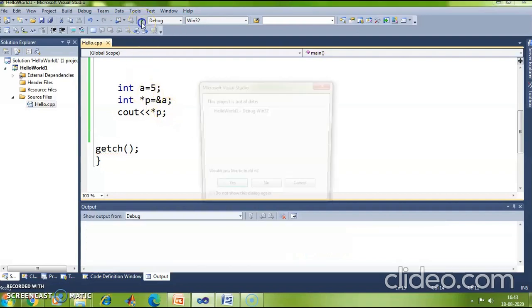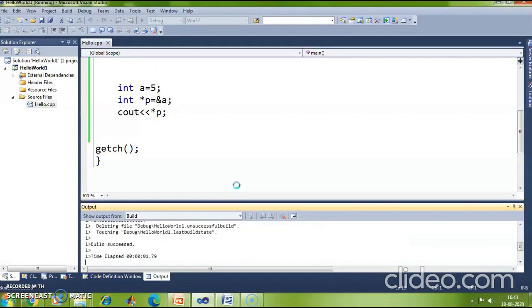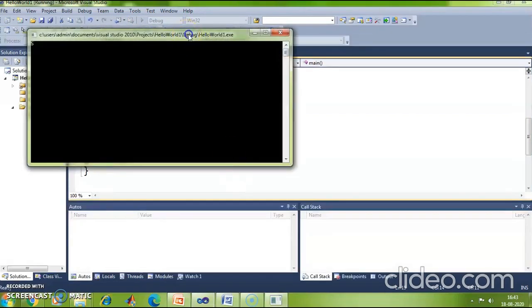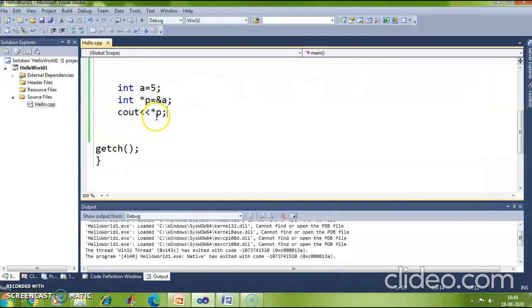If I run this program, you will see it actually prints the value of a, that is 5. If suppose I print p, what should be the output? The output should be the address of a, because p is holding the address of a.